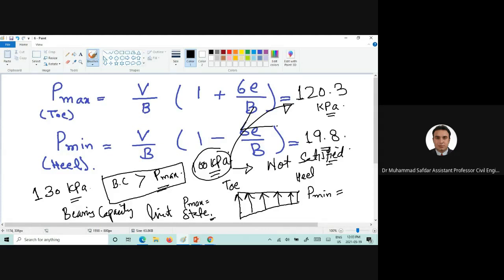So if it's given, then you can compare the maximum base pressure and the minimum base pressure. More specifically, we need to look at the maximum base pressure occurring at the toe, or even if the eccentricity is towards the heel of the retaining wall, then we need to look at the value of the maximum base pressure. Okay, if it's occurring on either side. Now